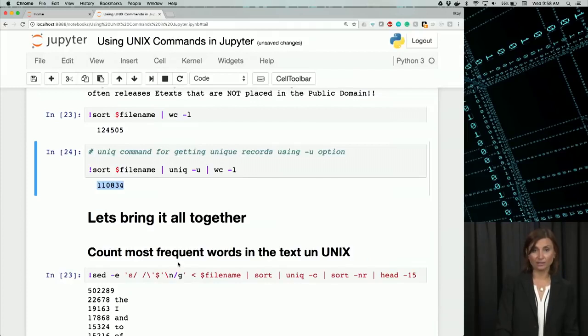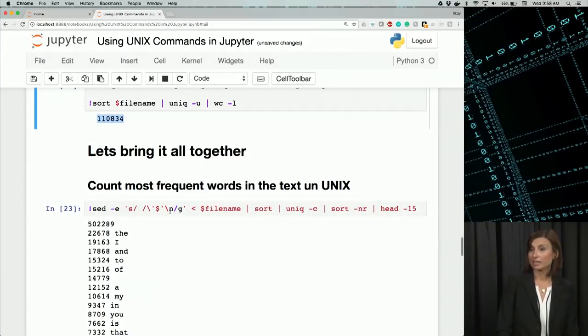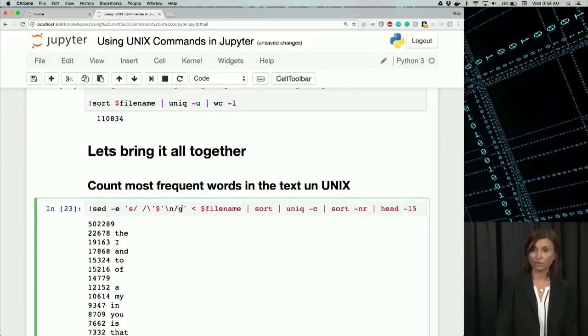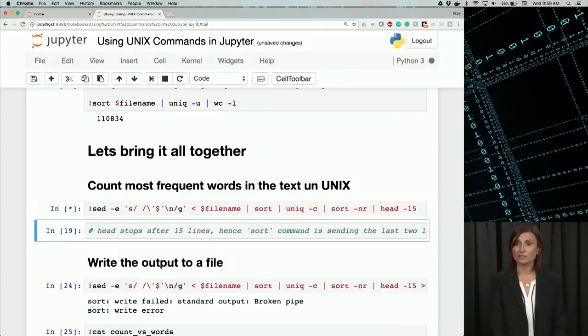To bring it all together, we will count the most frequent words in our data file. As you would remember, in our UNIX exercises, we used the sed stream editor command to do some processing to replace the spaces with a new line character. We will start by doing the same thing here. At the end of the sequence of unique character counts and sorting them, we will retrieve the top 15 using the head command. That was the exact same pipe and filter we ran before. We only need the exclamation mark in the beginning for pipes and filters, as you see here. And then if you run this,